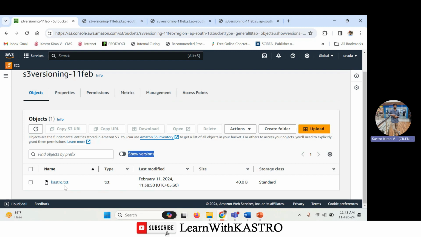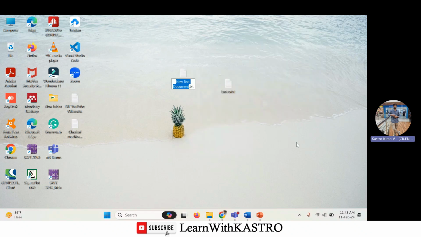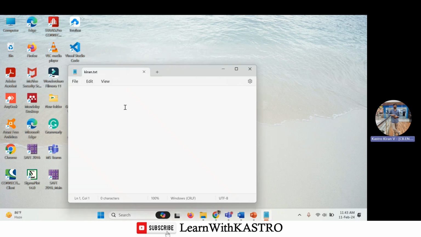Without enabling the show versions toolbar, I will be able to see the object that I am going to upload. So let's create a new object. Let me click on new text document. And here I'll give the file name as kiran.txt. Okay, kiran.txt. So inside this file, I will write the content as,